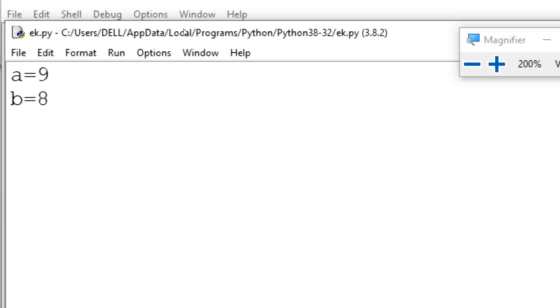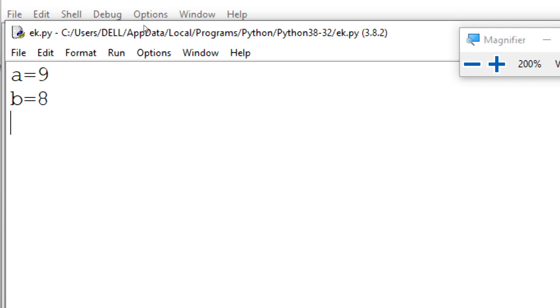So you first have to note down this location of Python in your system. You have to follow the same procedure to find the location of the Python folder in your system. After noting down this location, what do you have to do next?